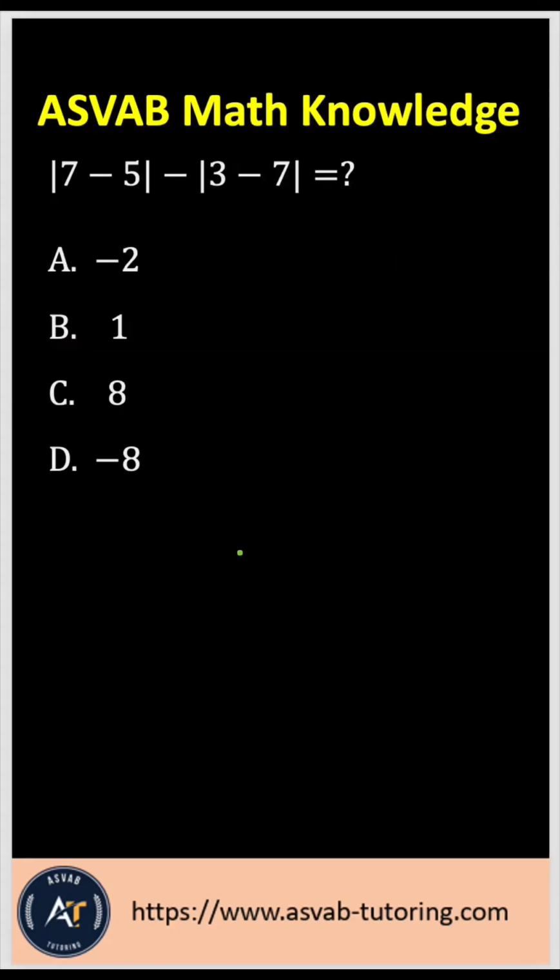It is an absolute value problem. The question says: the absolute value of 7 minus 5, minus the absolute value of 3 minus 7. So let's do the problem. If you want to do that, first do the inside of the absolute value. So that gives you 7 minus 5 is 2, absolute value of 2, minus the absolute value of 3 minus 7, which gives you negative